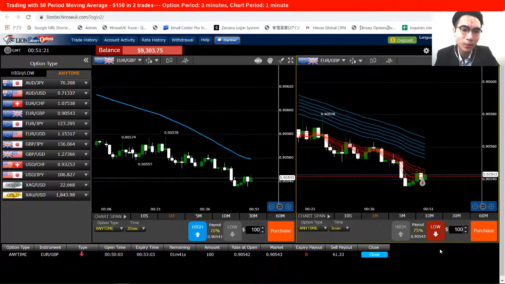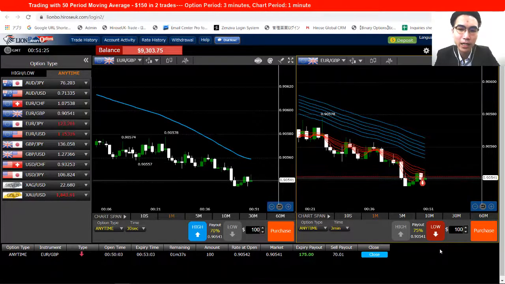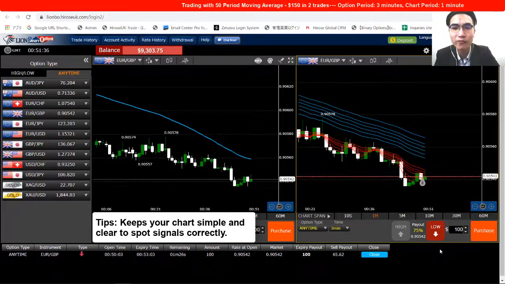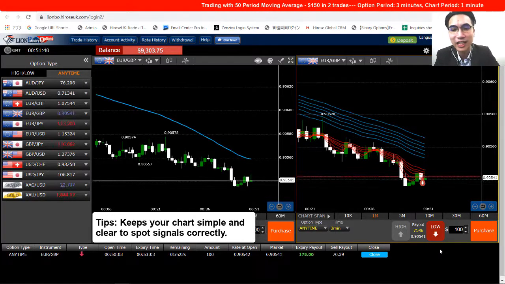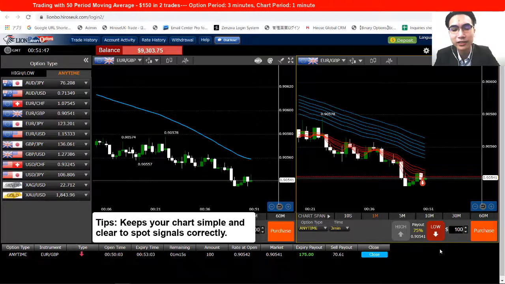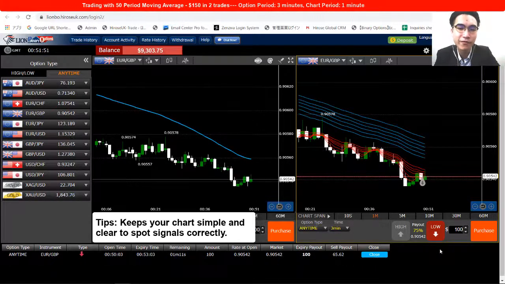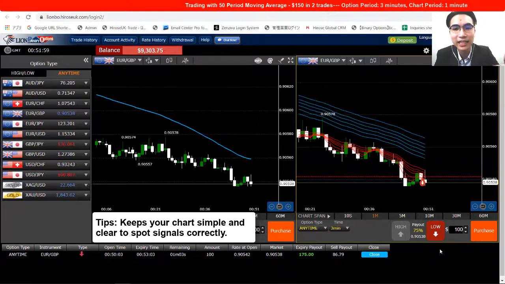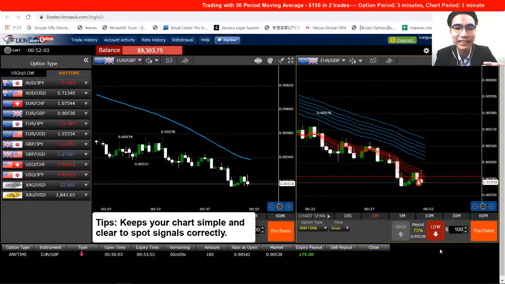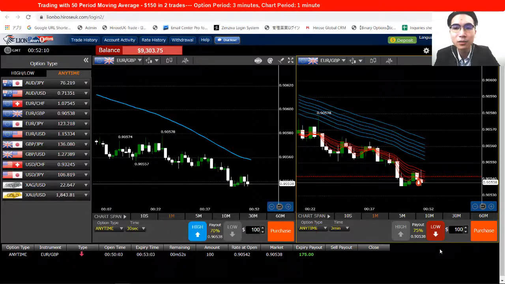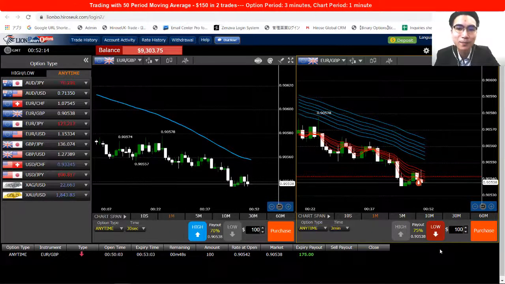I just want to explain a bit on why I use two charts there. I want to keep it simple, because I personally don't like to have so many indicators on my chart at once. If you have too many indicators, that might confuse you, and you just can't see the right timing, the right information. That's why I separated them: I put the simple moving average on the left and the GMMA on the right, and that's nice and clear. When I look at the chart, I can see it is a downtrend instantly, and that's the advantage of using two charts. Okay, so I will just fast forward here a bit, and we will stop when